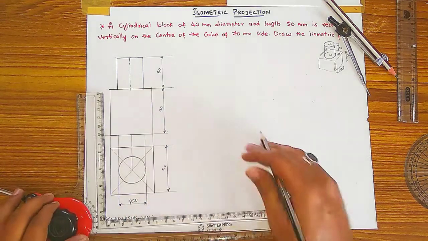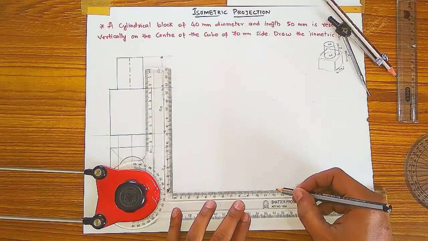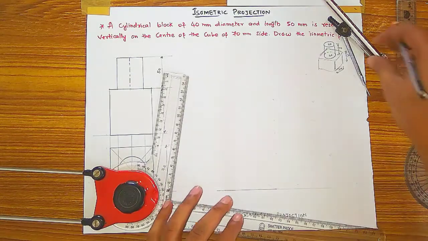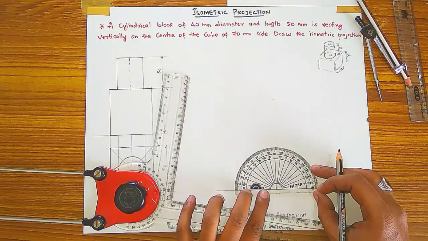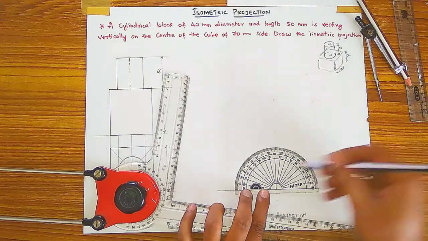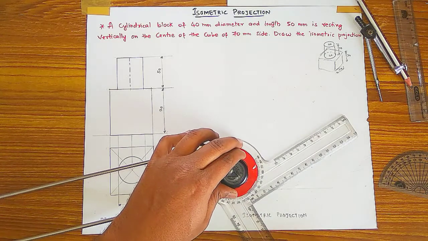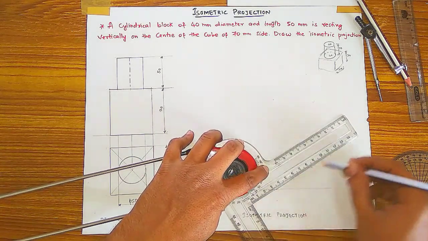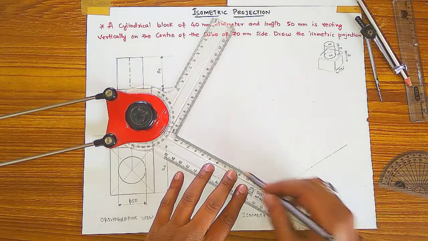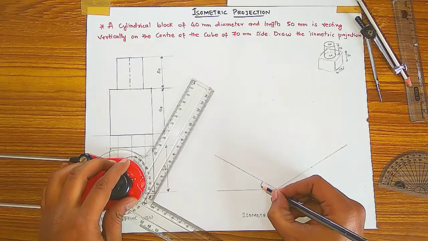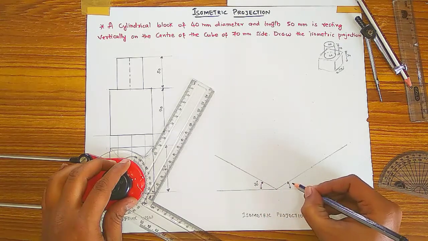Diameter 50. Okay, and this is the orthographic view. Now to draw the isometric view, you have to take a normal line or put a dot on that line, then keep your protractor correctly on that dot and take a 30-degree angle from here and a 30-degree angle from here. With those points, draw a convenient line, as much as you want to take, like this, and like this, and you can see the angles you have drawn, that is 30-degree, and this one is also 30-degree.